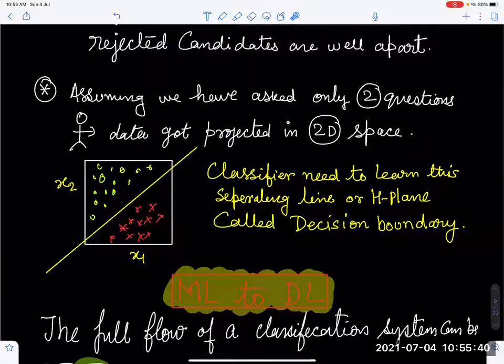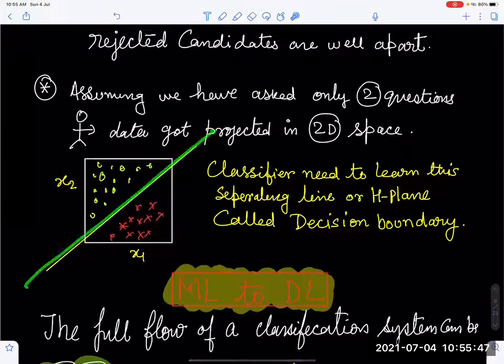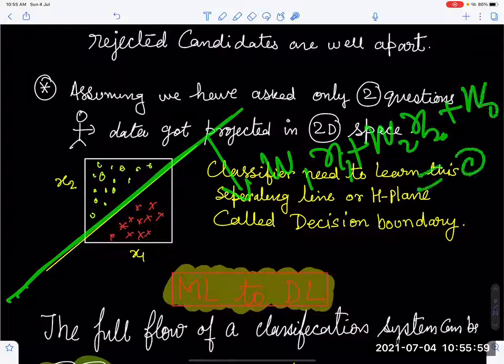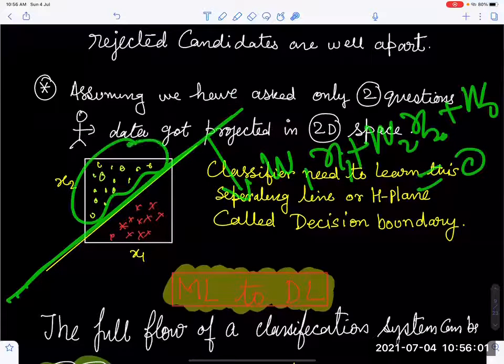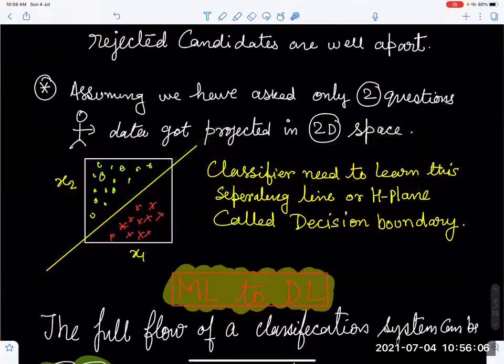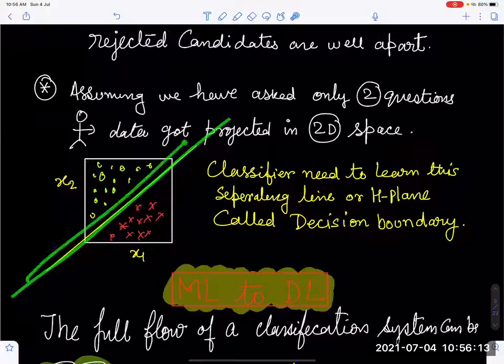Now you can understand that one single neuron, if you take, it can differentiate. If you know this line is there, its equation is nothing but W1 x1 plus W2 x2 plus W0 equal to 0, and all the points which are here need to be on one side, and all the points which are here need to be on the other side. And we need to fix up and come up with a line. This can also be a line. This can also be a line.